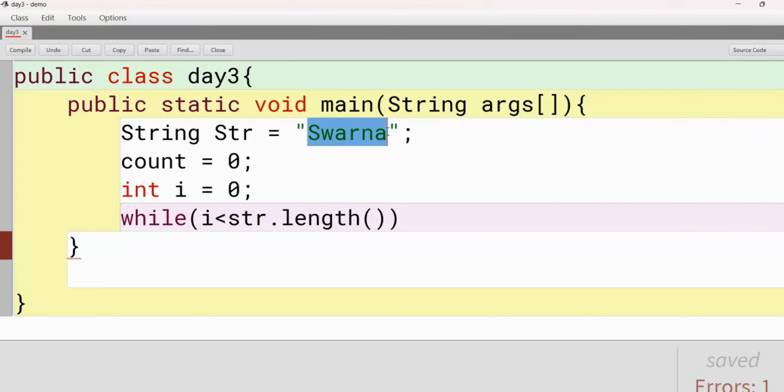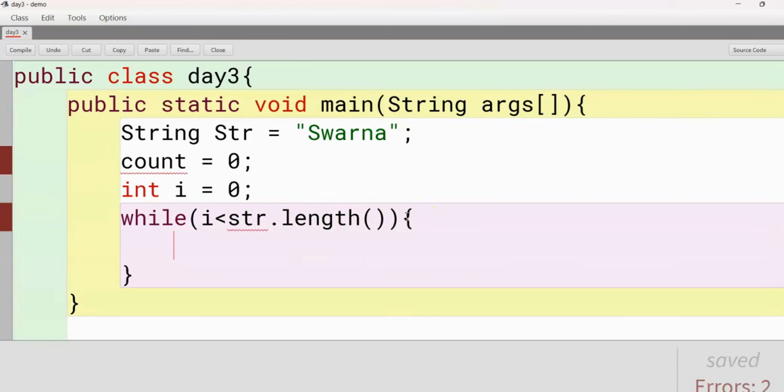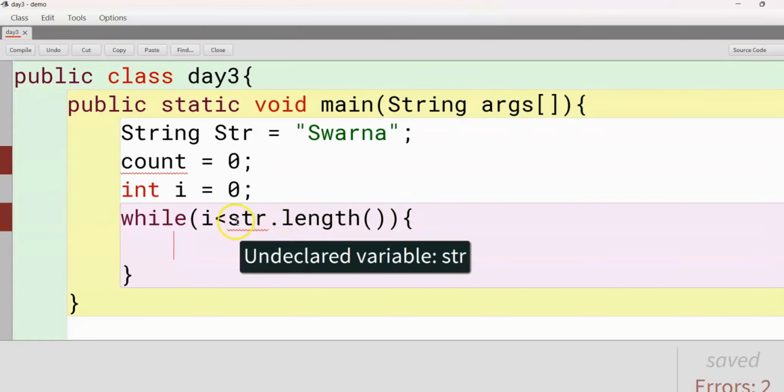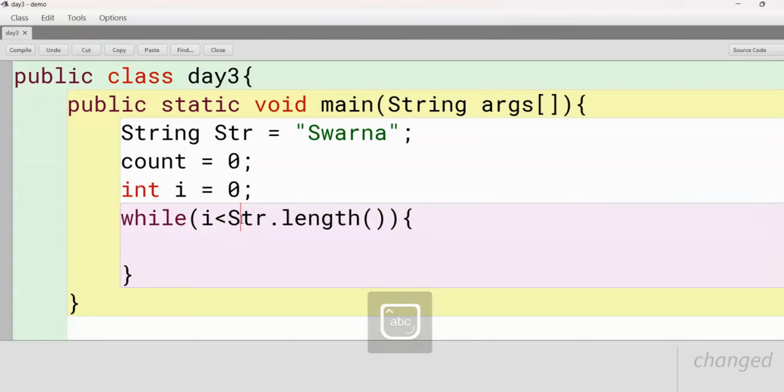That means if I tell you in numeric form, the index starts with 0, this is 1, then 2, then 3, then 4, and then 5. That means I less than 5. It will run till 5. Okay, now this we have done, we have written the condition. Now the main thing which we have to check is